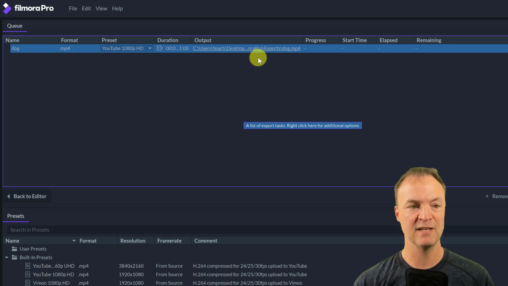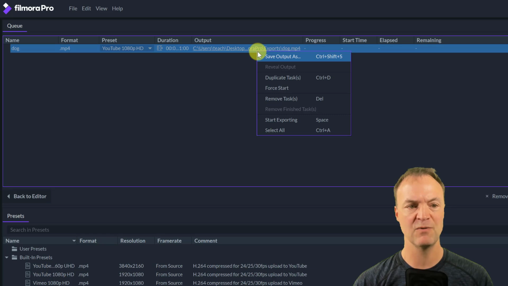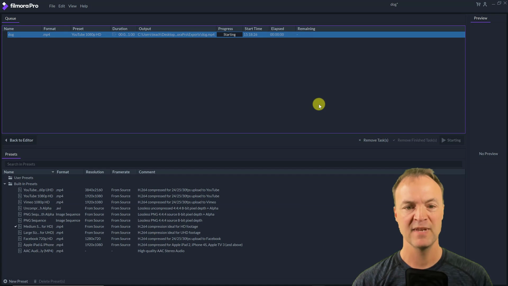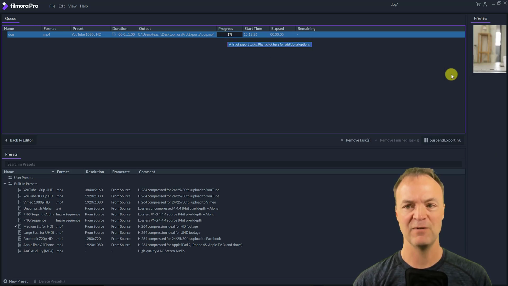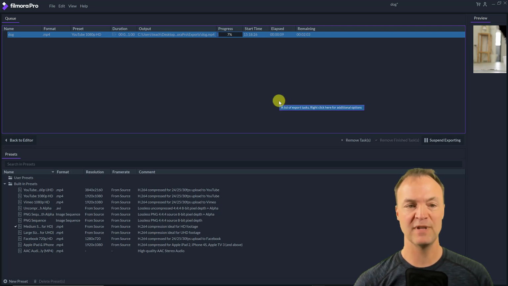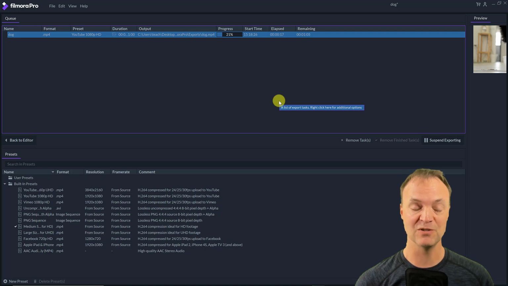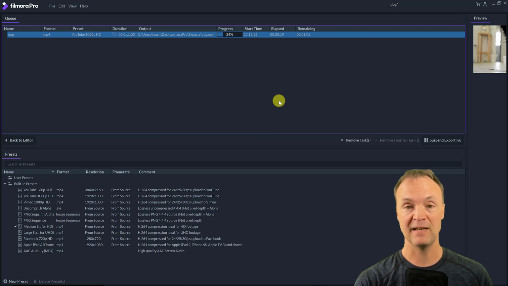But when everything's good to go, you can right click on this one and you can see a few other options. Start exporting, and then it's going to start. You can see right here it's starting, and we have a little preview over on the side. So it will go through that progress, and then you're going to have that file saved wherever you selected. And then if you are uploading it to YouTube, you can just select that file and upload it